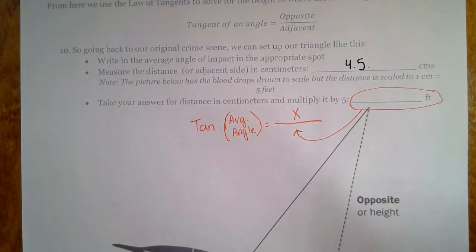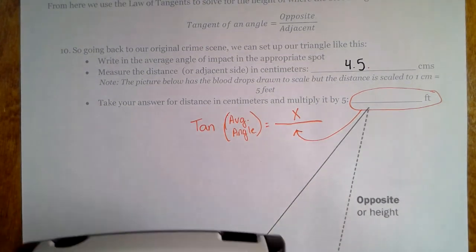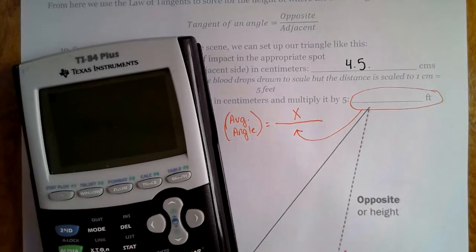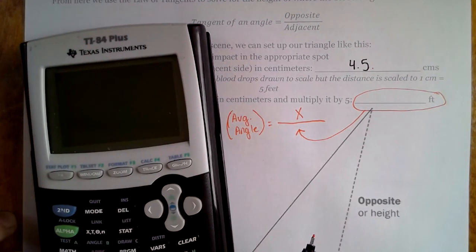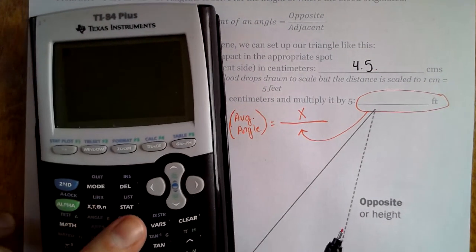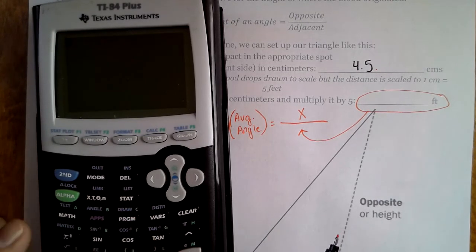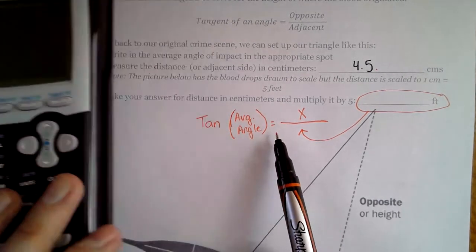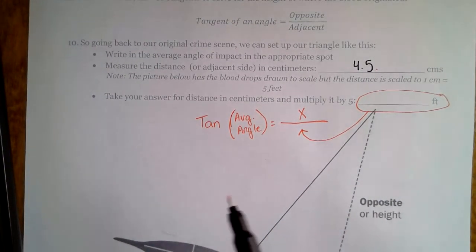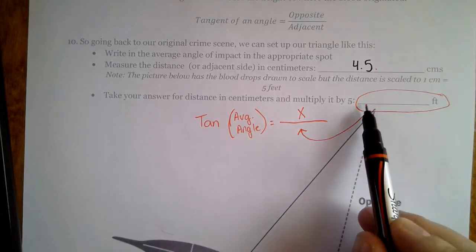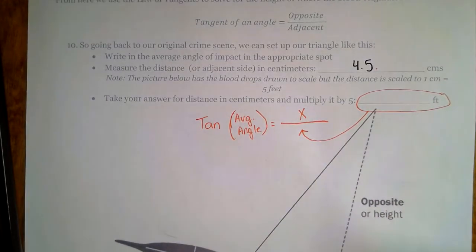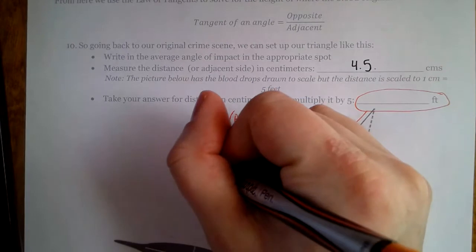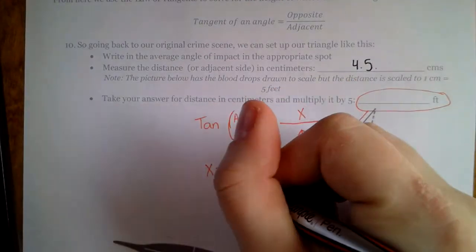Then you can use your calculator or any of your online scientific websites. You would just use regular tangent. You don't have to do the inverse tangent. So just regular tangent of whatever your angle is. Hit the equal sign, and then you're going to multiply it by whatever you got here to get this x. And that x will equal the height